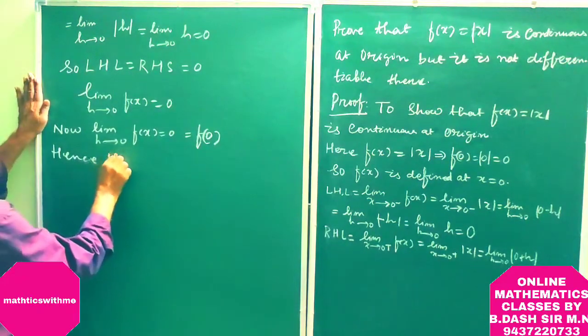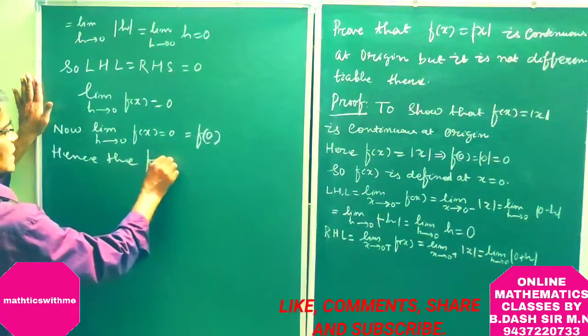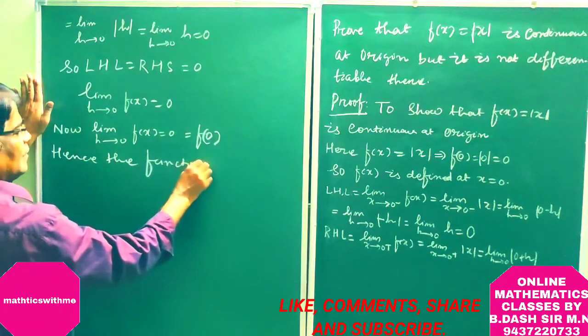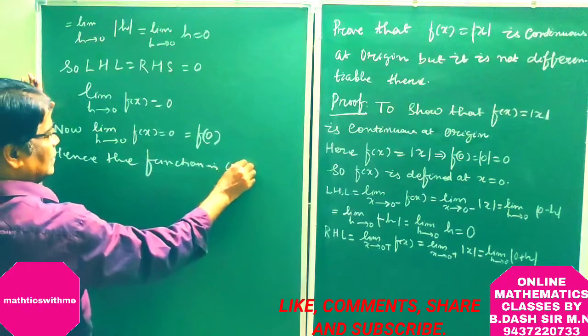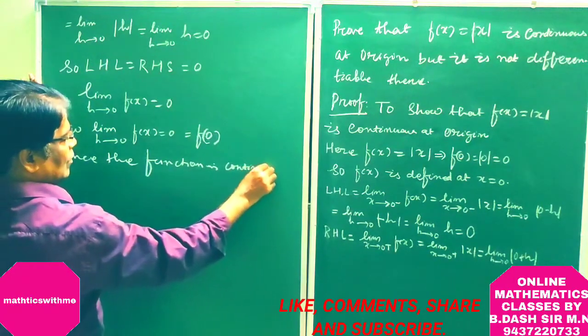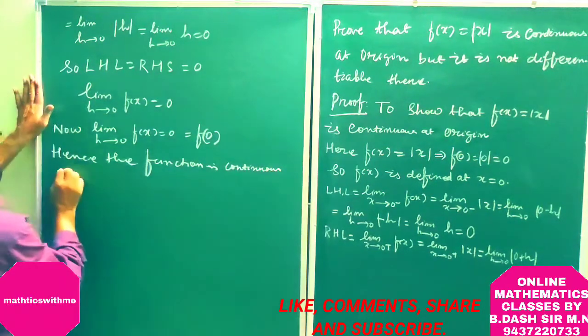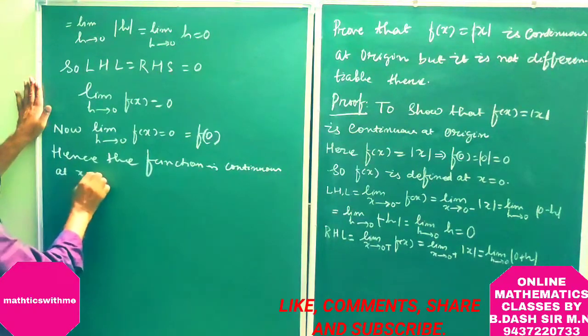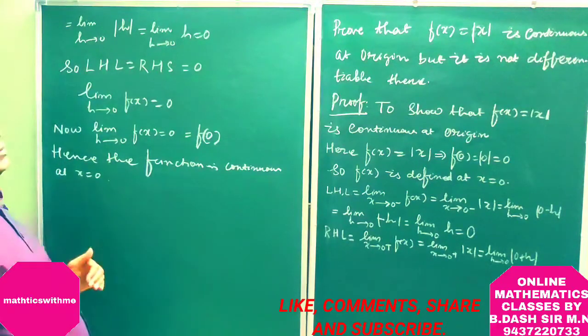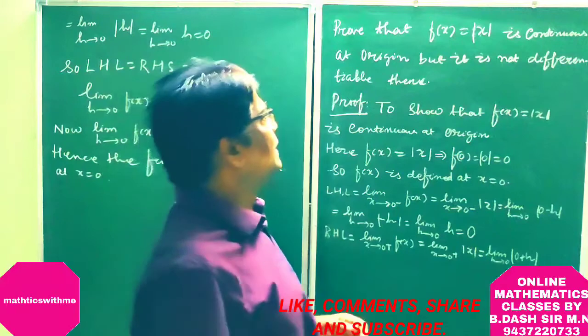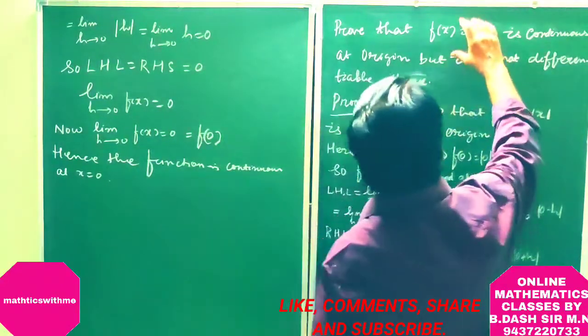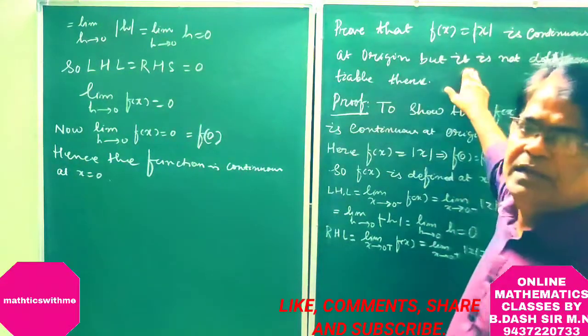Hence the function is continuous at x is equal to 0. So first of all, here we have to prove that f(x) is equal to mod x is continuous at a